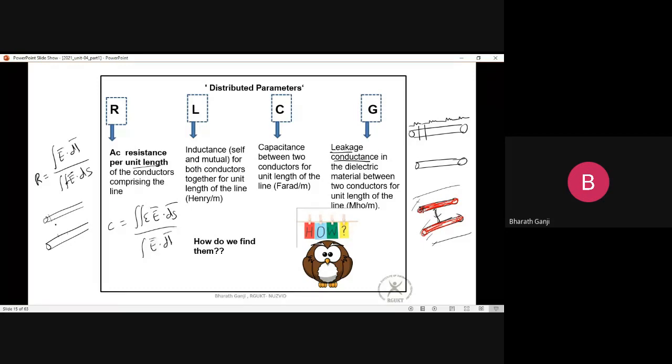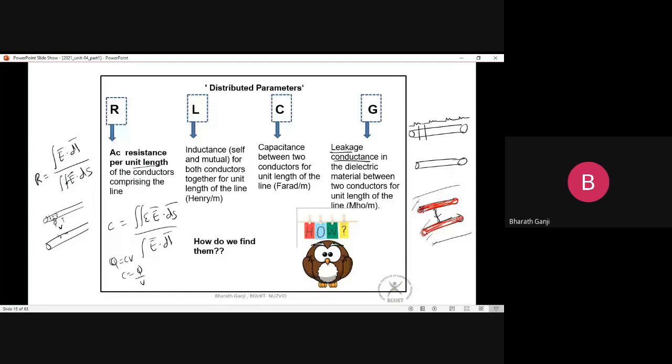For a given geometry, if you know how much charge is held at a particular location and what potential is maintained between these two wires, then since Q is equal to C into V, you can easily calculate C as Q divided by V. Here, because you are taking per unit entity, you identify how much charge there is per unit length and the voltage at the locations, and you can calculate the capacitance per